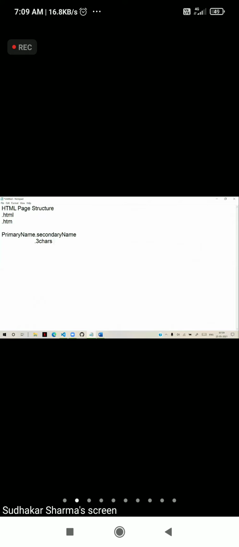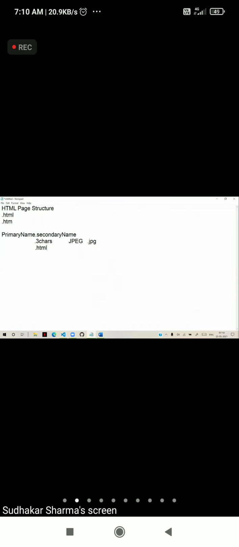That is the reason sometimes you have JPEG files which will have the extension JPG only. In that case, HTML files cannot have HTML because that is again 4 characters.